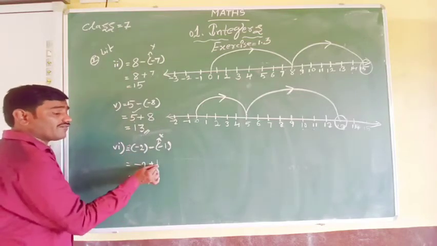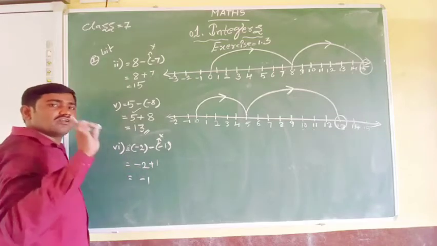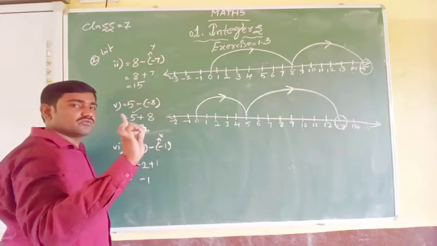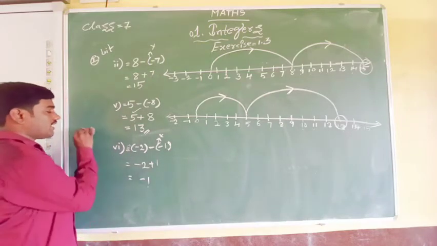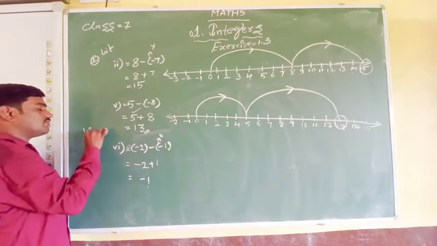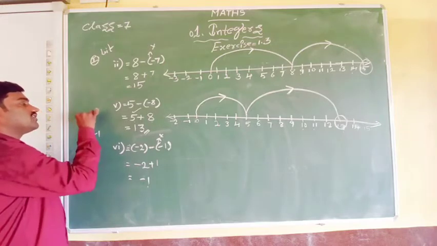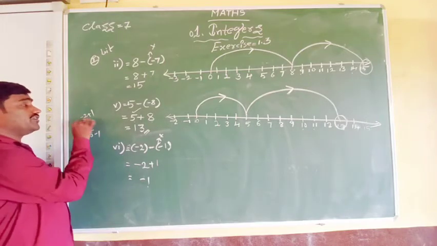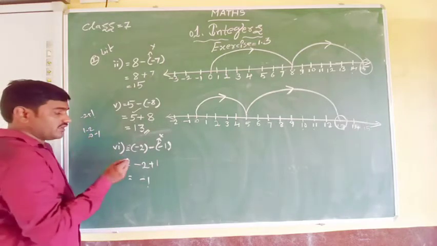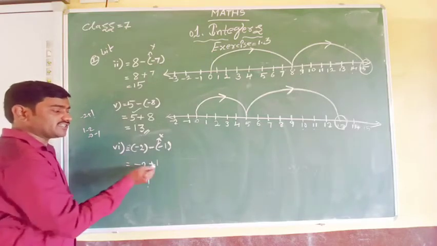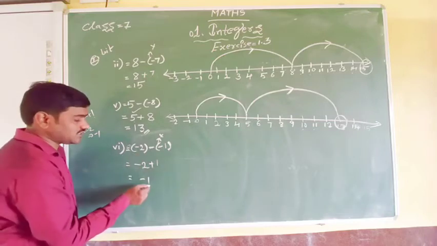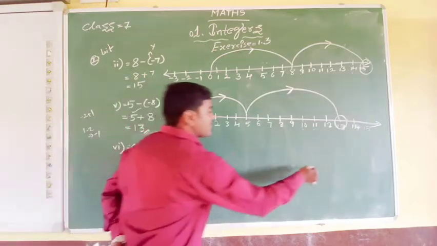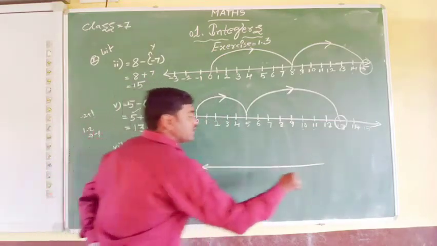Or not? From 1 you subtract 2. Only from 1, how can you subtract 2? You can subtract, but you get a negative integer here. Okay, 1 minus 2 is equal to minus 1, or minus 2 plus 1. If you interchange these places, it is the addition. You can interchange the places. 1 minus 2, or minus 2 plus 1, gives the same answer, that is minus 1. Let us see whether it gives us the same answer or not on the integer number line.